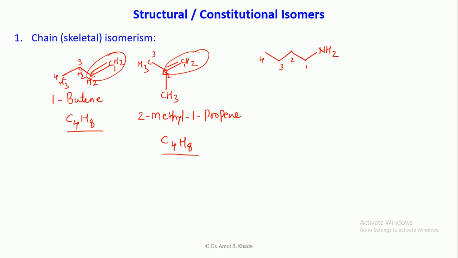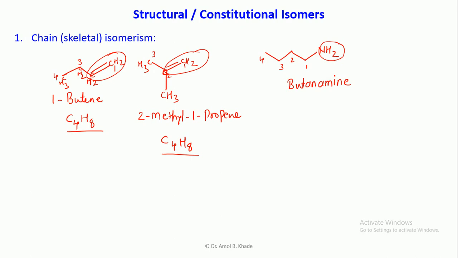So it is a butane, and there is an amine functionality. So can you write the name? So this is butanamine. Okay, 1-butanamine, or simply you can write it as butanamine. Now this butanamine, can you arrange in a different way? So can you write, in other words, the isomer for this butanamine? So how can you write the chain isomer? In chain isomerism, you should remember, you should not change the functionality, and even you should not change its position.